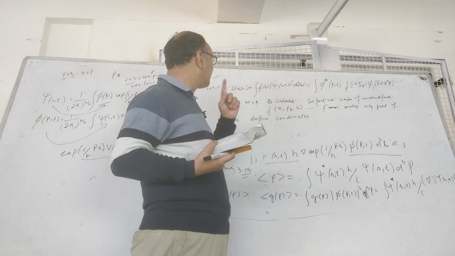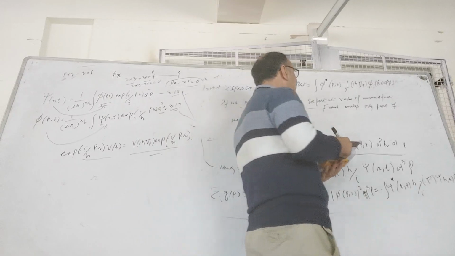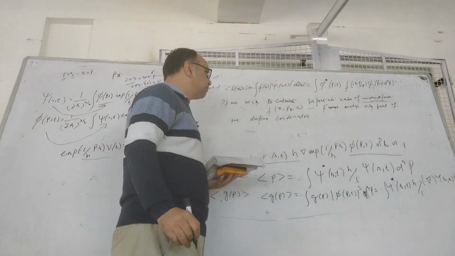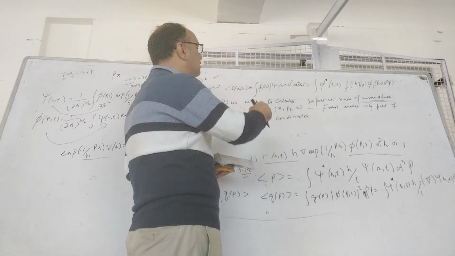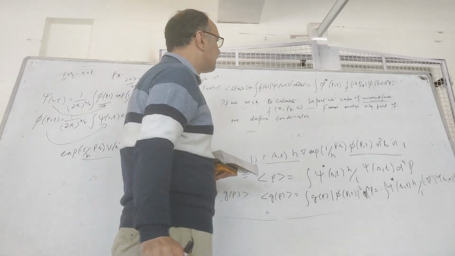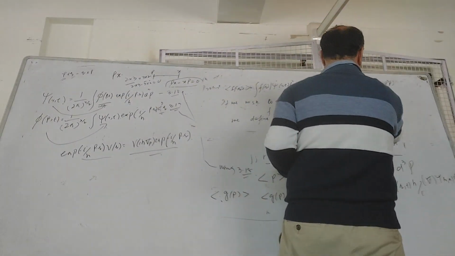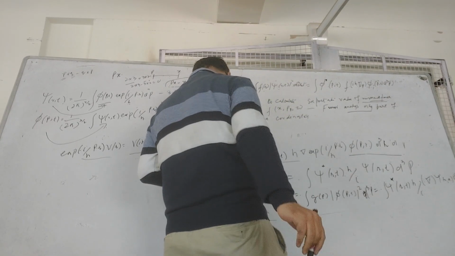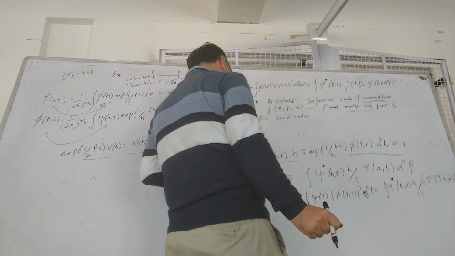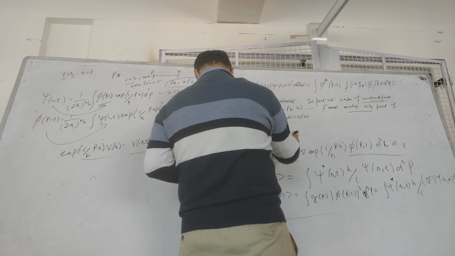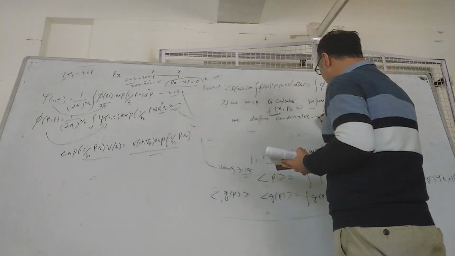So if you want to calculate expectation value of the mixed function, अगर हम mixed function को हम ऐसे define करेंगे, then Fourier analysis can be defined only as part, we define the coordinates, we define mixed coordinates, coordinate, momentum,